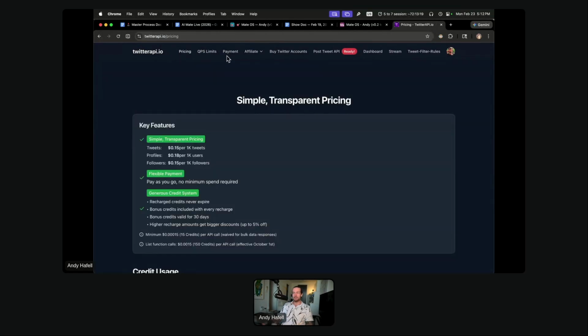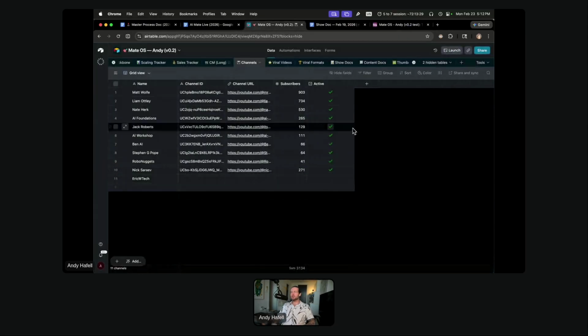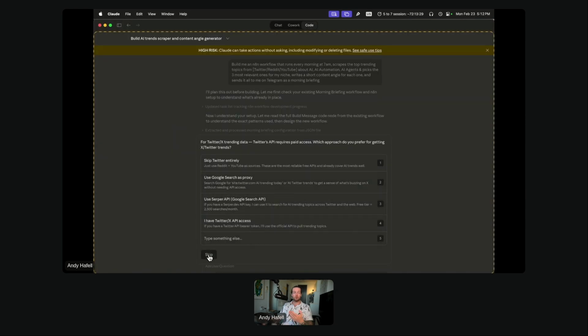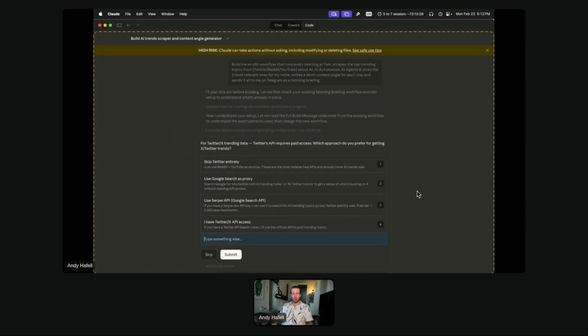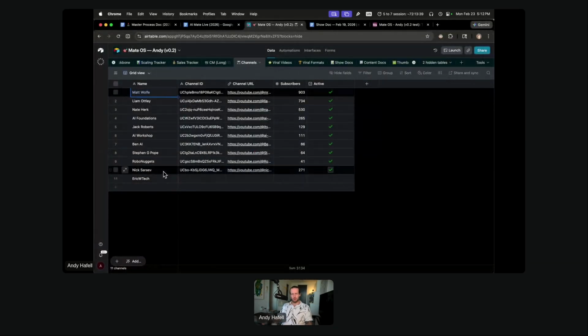So here, if you have this, I have it. So what I'm going to do is go to the dashboard. Nope, where are my keys? Here we go. Post tweet API. There's a bunch. I'm not going to set up all this. It's just a test. I'm just going to ask it to use the Google API because I do have the Google API, and I'm just going to copy paste this just for this example.